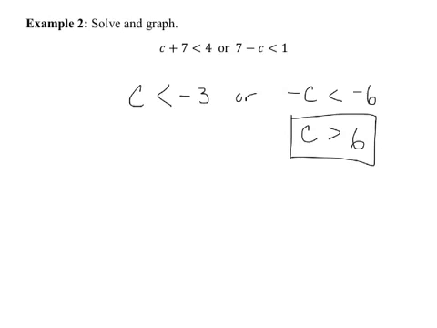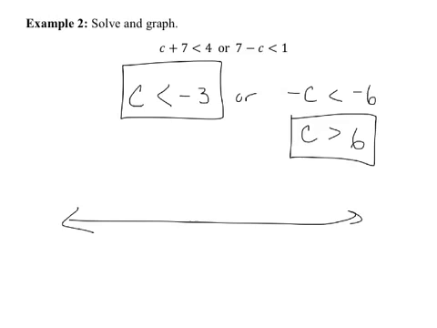So C is greater than 6, or C is less than -3. On a number line, here is 6, everything greater than 6. Here's -3, everything less than -3. And we can clearly see there's no overlap because it's one or the other. Hence the word or in our answer. So in solution set form, it would be